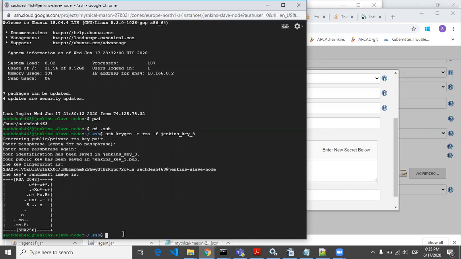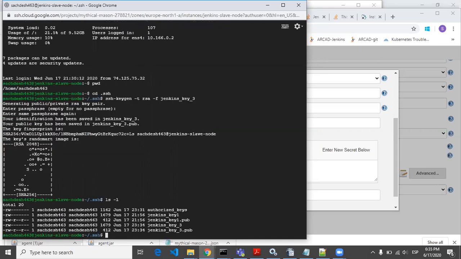Now if you see ls -l, SSH will provide you this type of keys available here. So Jenkins_key_3 and Jenkins_key_3.pub. The pub is the public key, and this Jenkins_key_3 is your private key.